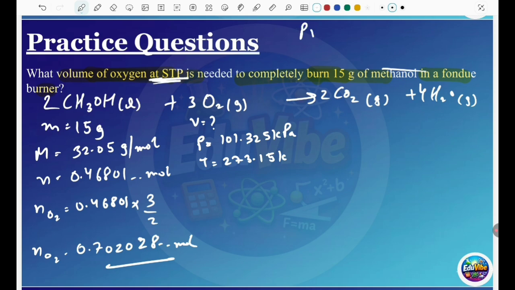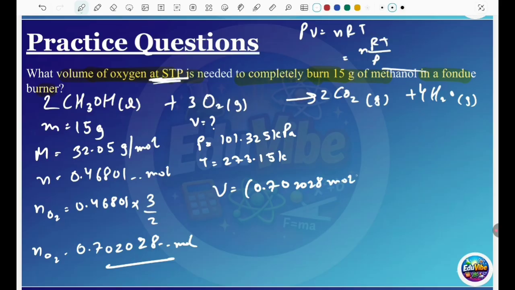So you know the ideal gas law is PV equals nRT. This is gas stoichiometry, so you can isolate the V from here. You get V equals nRT upon P. Done. So what's the n? Well, n is